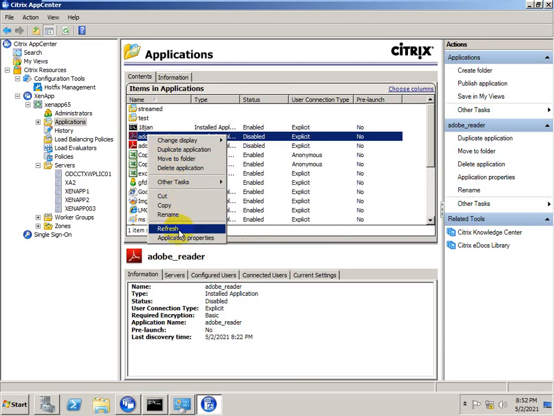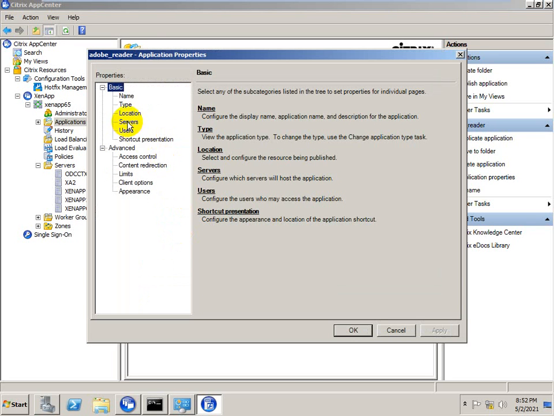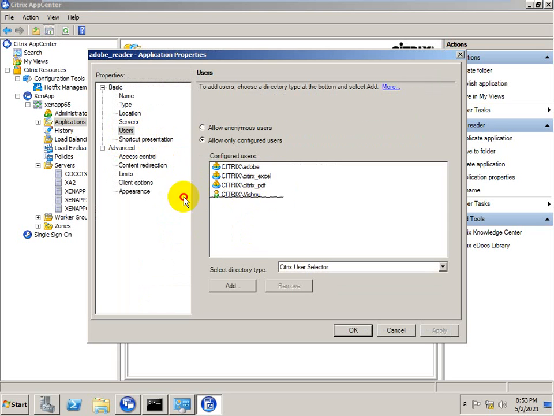Go to the application, then the user. You can see the groups over here. So for the PDF application, the Citrix PDF group is here. Then email the Active Directory team to add the particular user into the Citrix PDF group. Once the user is added, the user automatically gets access to the PDF.